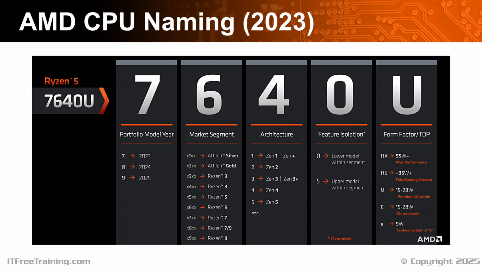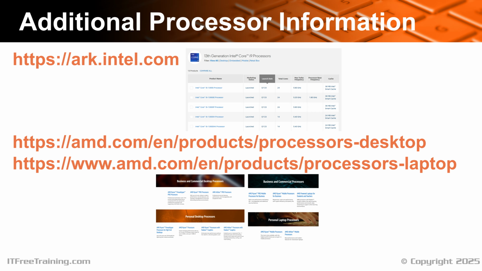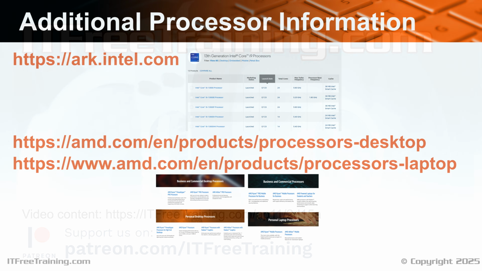If you want even more information about a CPU before you make a purchase, there's more available. Intel and AMD both have additional information about their CPUs and other products on their websites. Both will provide information such as the number of cores, threads, power usage, and a lot of other stuff. If you need more information about the CPU before your purchase, these are the websites to go to.